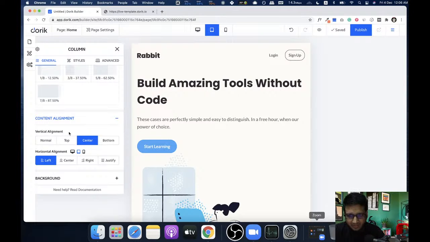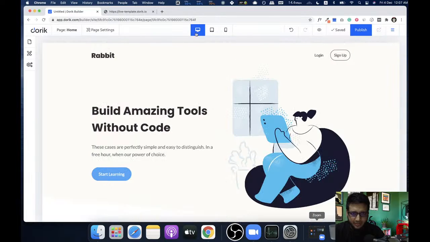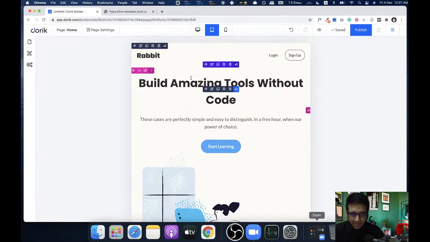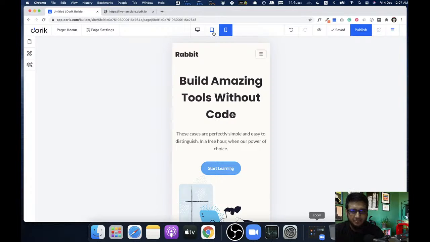The vertical alignment is not available for responsive. So if you don't see the icon, changing this will change everywhere. But if you see the selected icon, if you select the icon, it will take effect only on this screen. So tablet I make centered. You see everything is centered right now. But if we go back to desktop, everything is still aligned on the left side. If we go to the tablet, everything is centered. If we go to the mobile, everything is centered, because mobile will take the styles from tablet.